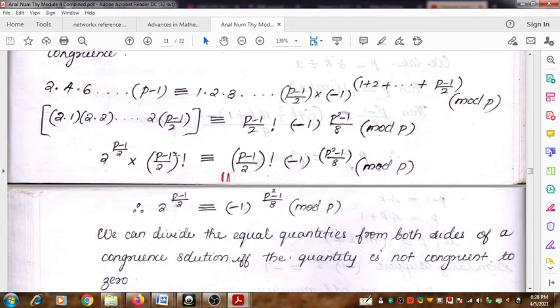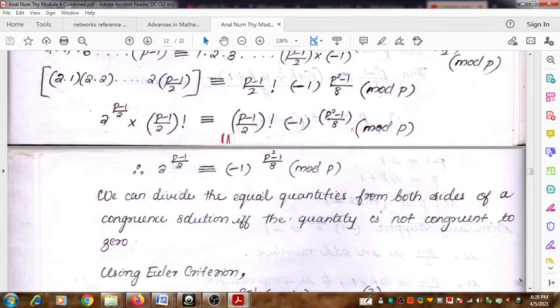Up to p minus 1. These numbers do not contain p as a factor. So you can see that these are factorials, and what is the factorial? The factorial of (p minus 1) by 2. The factorial is not divisible by p,